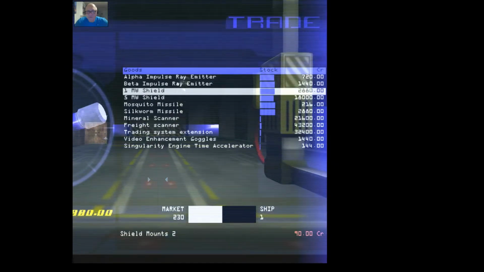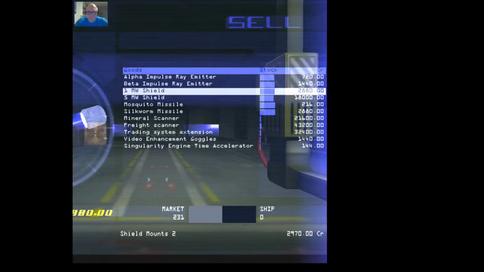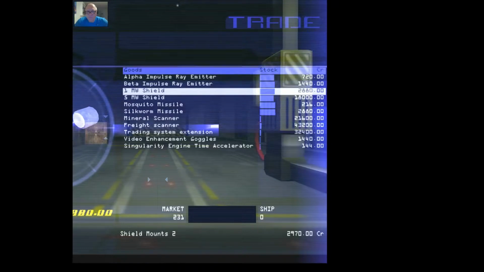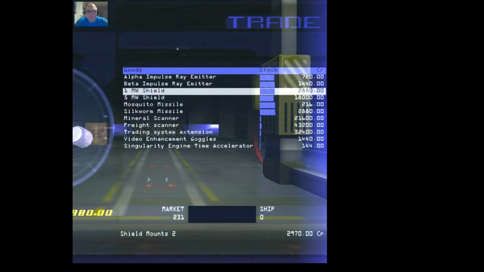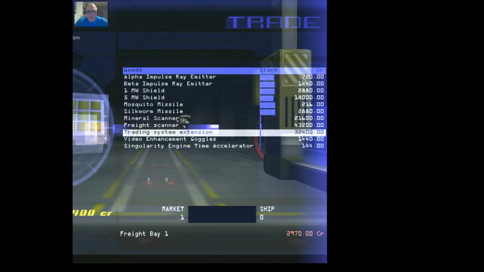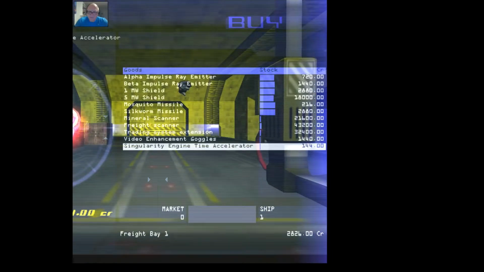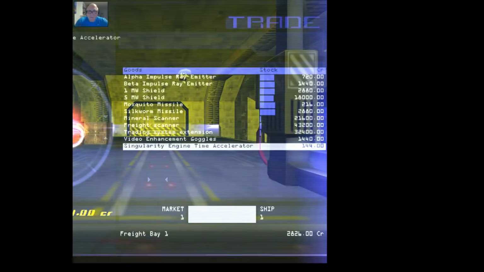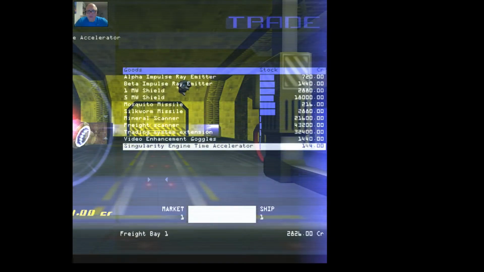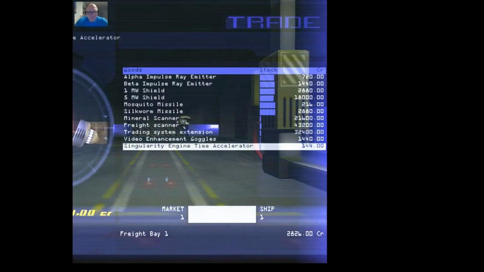There's our shield. You see our ship has 1. We're going to go left arrow. 1 megawatt shields are the weakest protection. 1 megawatt shield removed. Woo, doggy. Alright. We're going to get that back as quick as we can, but we're going to buy this. Singularity engine time accelerator bought. Alright, and remember, in the equipment dock there are no salvage insurances, so